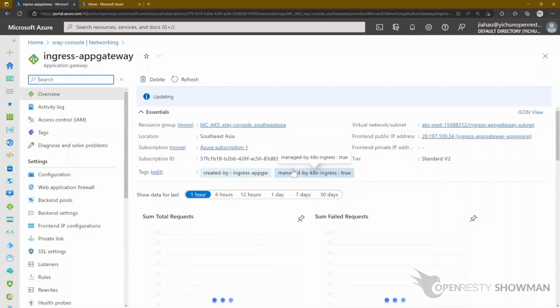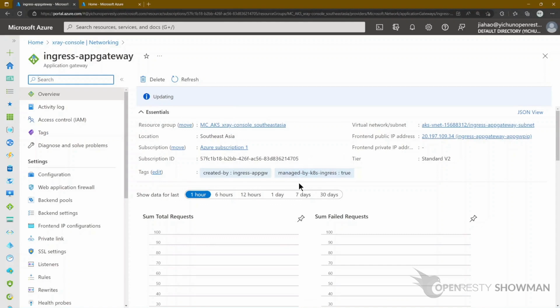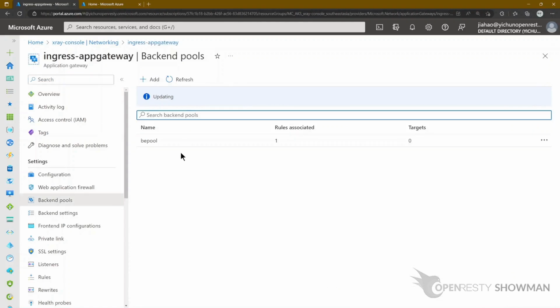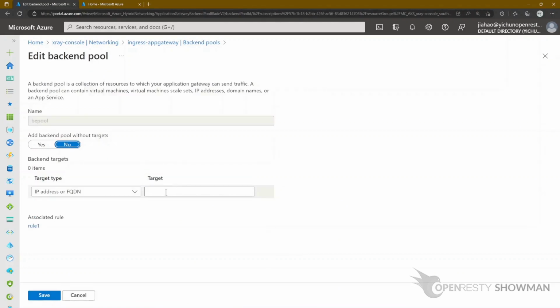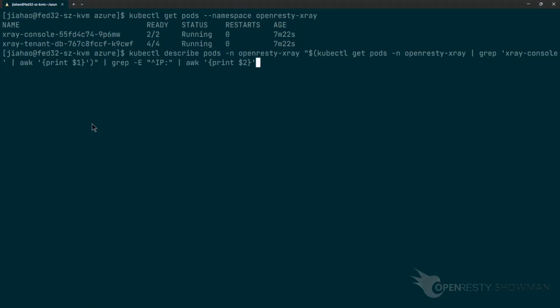Select the ingress controller just created and choose the backend pool configuration. Edit the existing backend pool. The IP address of the backend can be obtained using the command shown in the documentation.